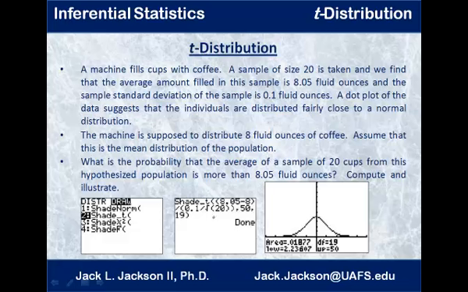We have to put in the t statistic. Well, in our case, that's the 8.05 minus the hypothesized mean of 8, divided by the standard deviation of the x bars, which is 0.1, our sample standard deviation S, divided by the square root of the sample size. So you can see all that plugged in. Then comma,